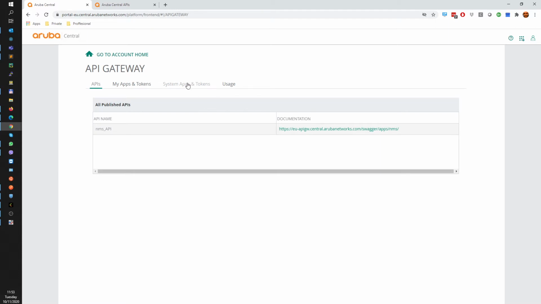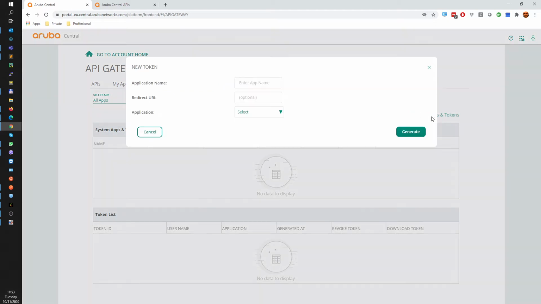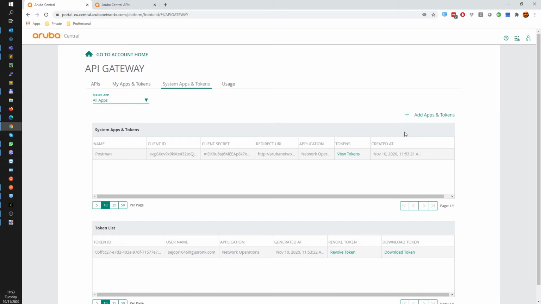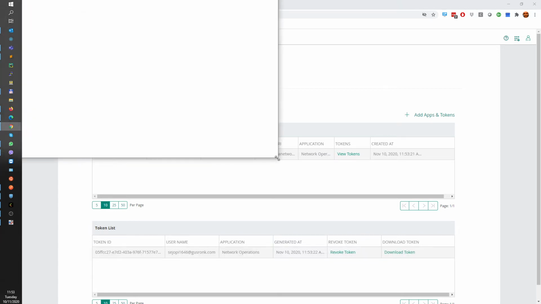If we click on this menu, we can add a token. We can name it Postman for now because we're going to use it later for Postman as well. And we select here network operations, and we can generate it. Now the access token is here, and we have to download this token.